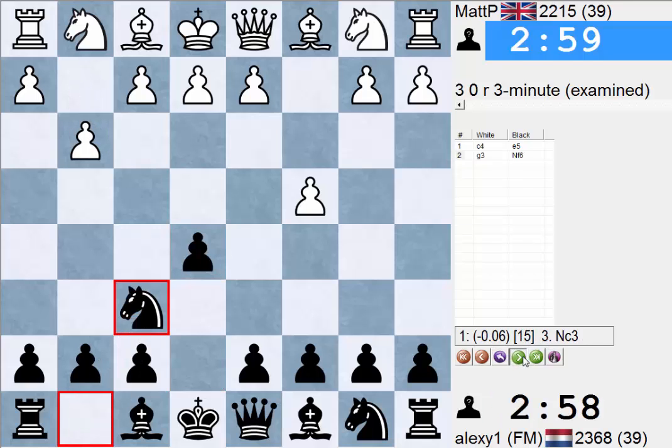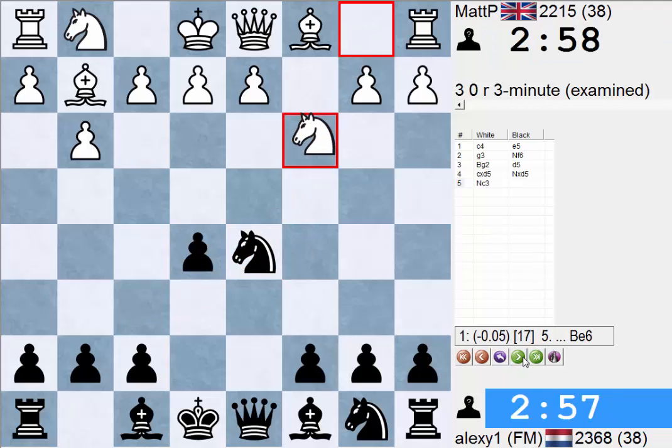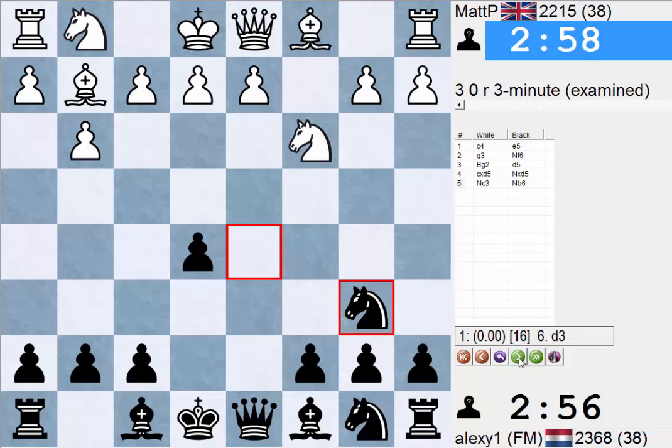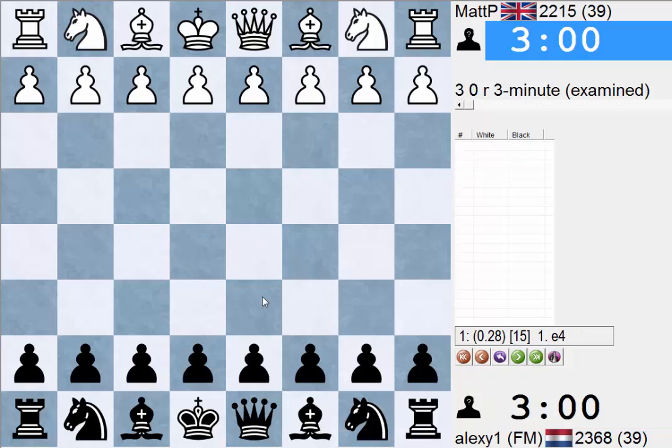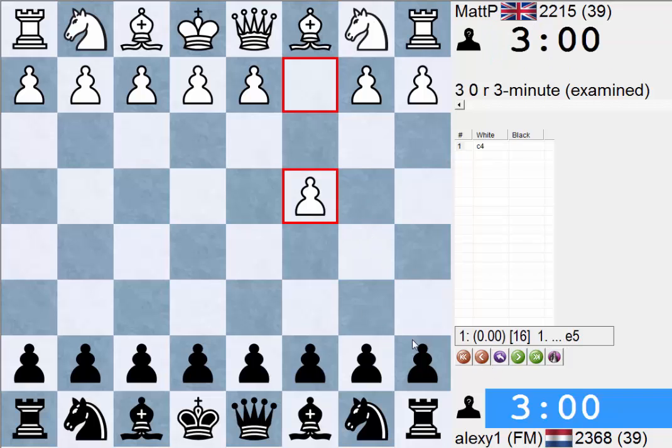So this is the English, and this is just the main line. I don't have any sidelines versus the English. If I had, I would play them. Once though, just one anecdote. I had a bet with someone, and I lost the bet,